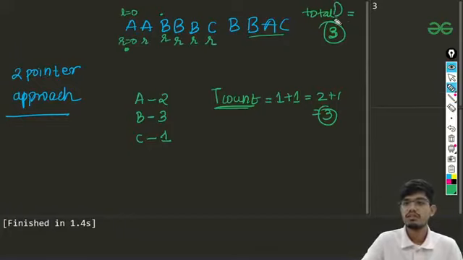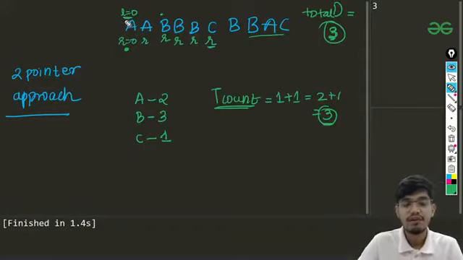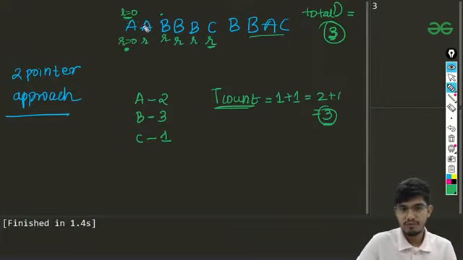So total D is nothing but the total distinct characters, and we have 3 here. So the temporary count also becomes equal to 3. So whenever we reach this position, in which our L is at this position and R is at this position, in this case we will be incrementing our left pointer from here.